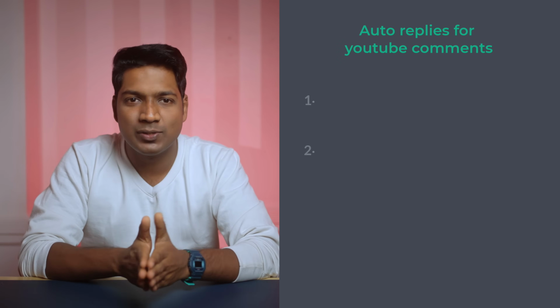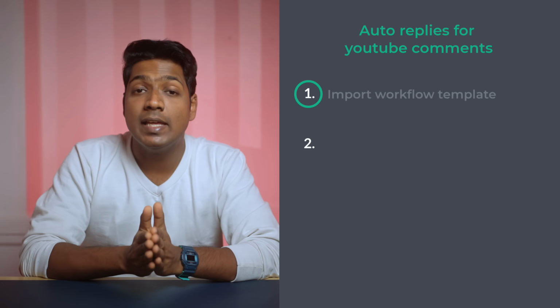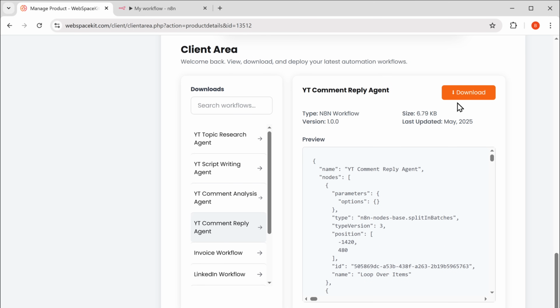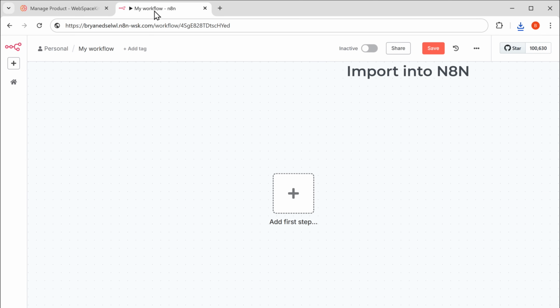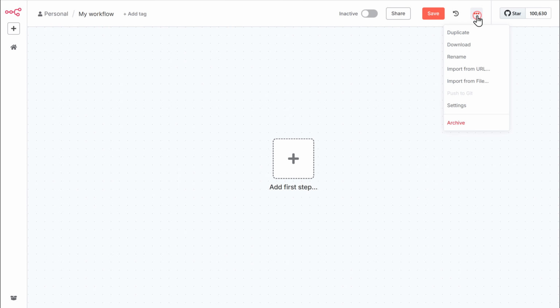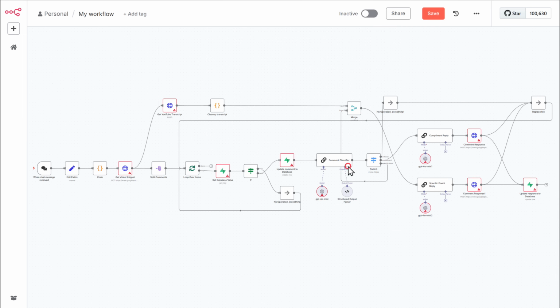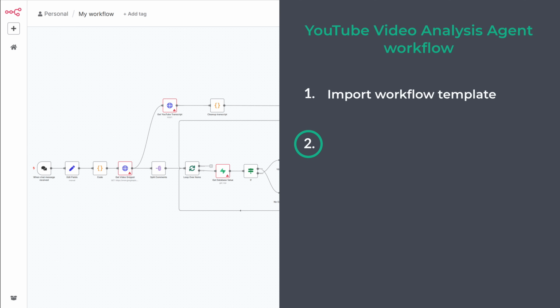Now let's see how to build this workflow. To do that, we are going to do two simple steps. The first step is to import the template from WebSpace Kit. Now first, let's download the workflow template. Then import it into N8N. And once you're done importing the template, next, let's move on to the second step, which is to set up